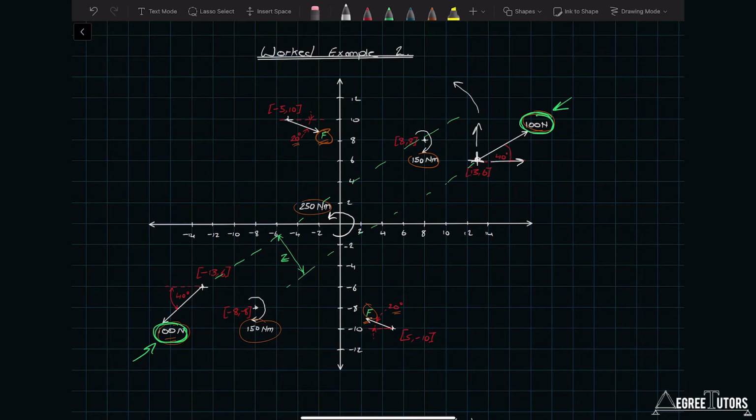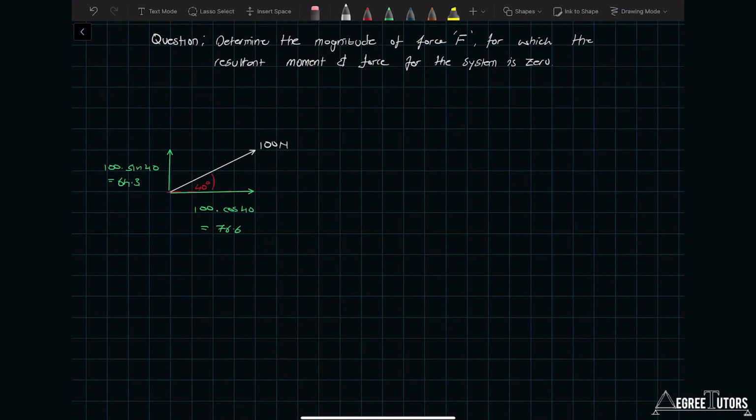Okay, so again, the horizontal component generates clockwise rotation about the origin, and the vertical component generates counterclockwise rotation about the origin. So with all that said, our horizontal component, 76.6 times a lever arm of 6 meters, generates a clockwise moment, so it's positive. And the vertical component generates a counterclockwise moment, so it's negative. So 64.3 times its lever arm of 13 is going to give me a negative